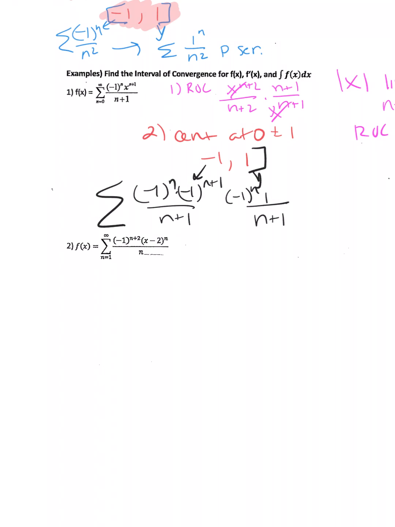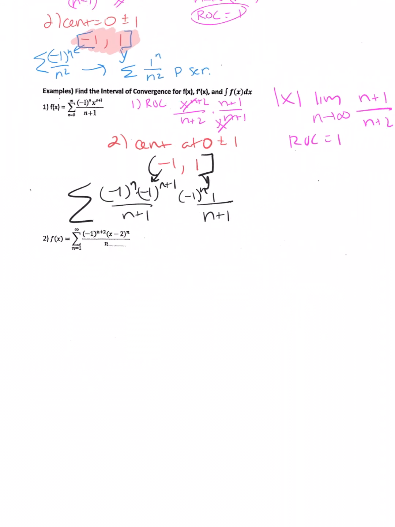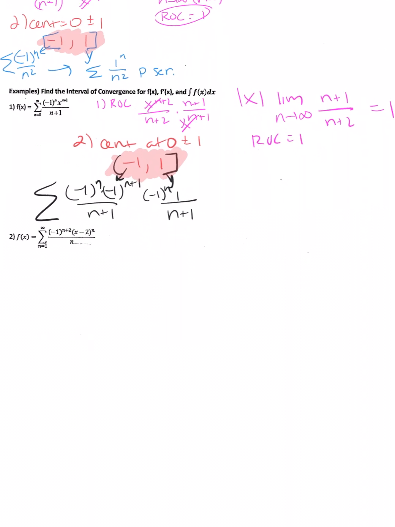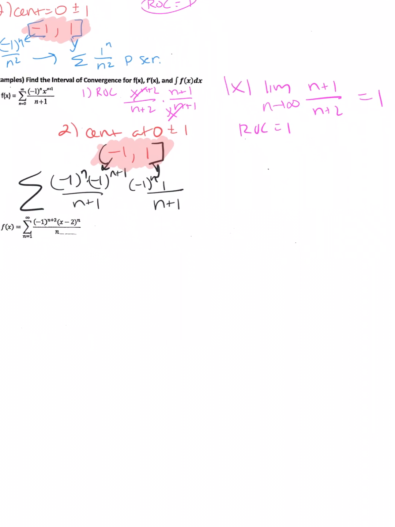So this is going to end up getting rid of the alternator, and then we're just going to end up with the harmonic, which is going to diverge. So my normal series will end up with an answer of negative 1 parentheses, positive 1 bracket. Now, the cool thing about when you do the integral and the derivative, I'll start by doing